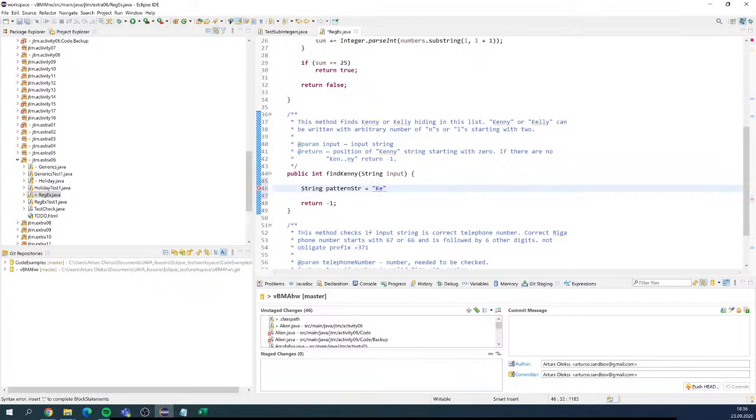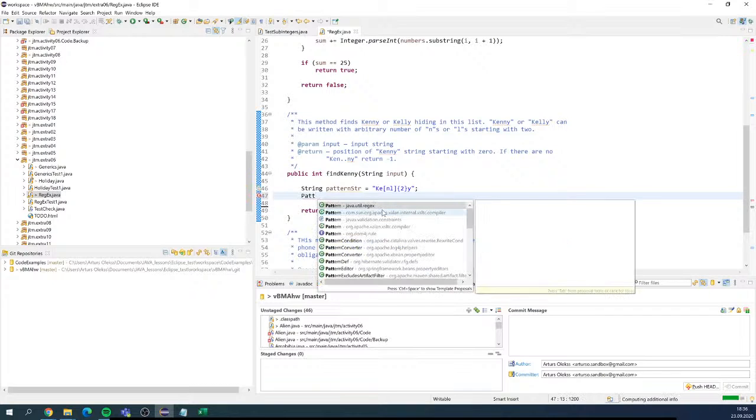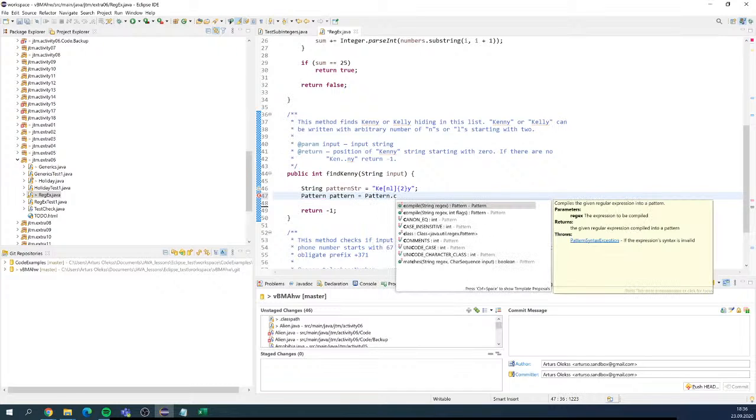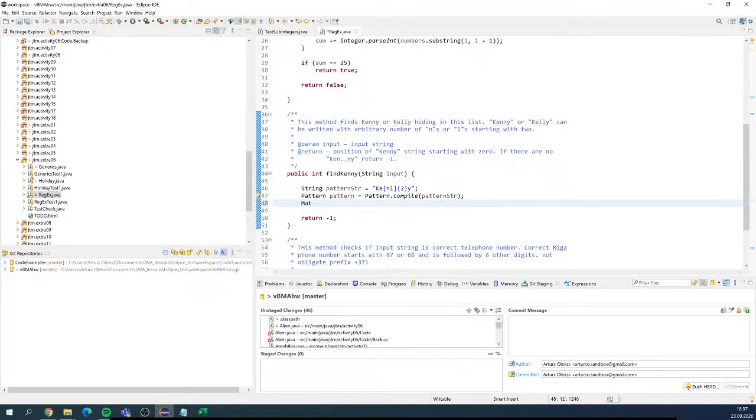And here's the pattern. We start with KE. Then we need to provide the letters we want to check. Then we pass how many letters should be there, and we finish with Y. Then we use the Pattern class to actually generate the pattern, to compile the pattern. So here we use the method compile. And then we use the Matcher class